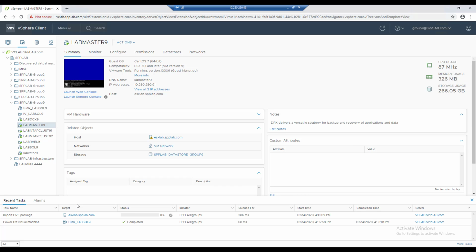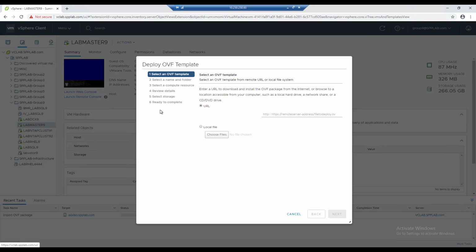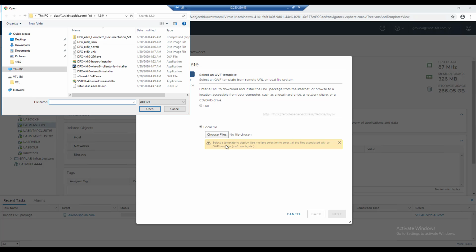So after we've downloaded our master server installation file in the format of our choosing, in this case I downloaded it as an OVA file because I'll be deploying to VMware, we can open up our vSphere client and deploy that OVF template. So I'm just going to log into vSphere and select one of these folders, select deploy OVF template, and this is going to guide me through a wizard to deploy that master server exactly the way I want to. So I'll point it to that OVA file that I downloaded previously